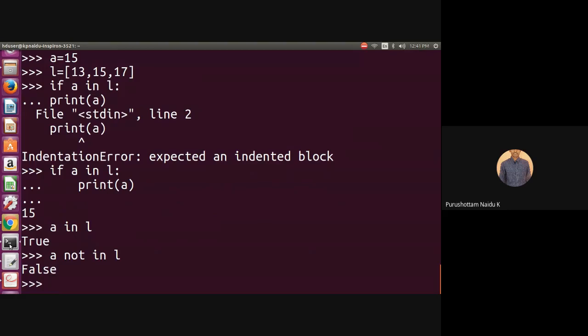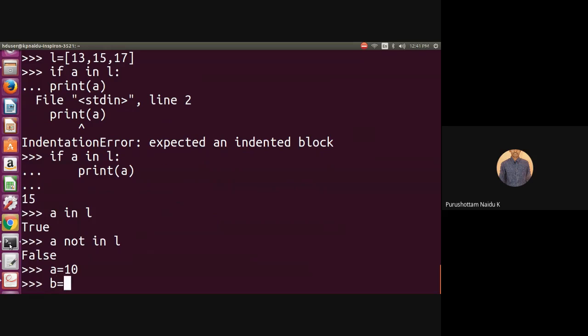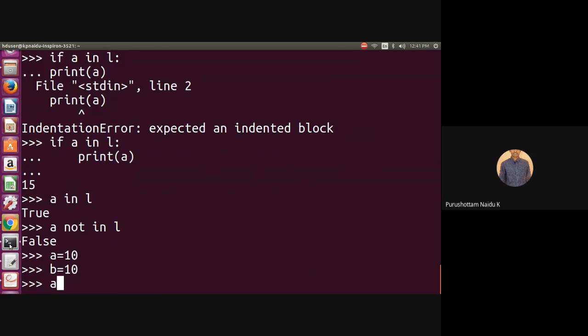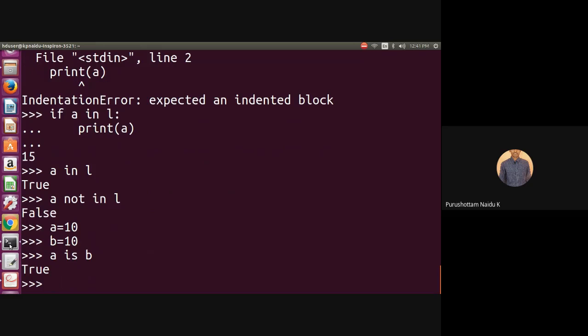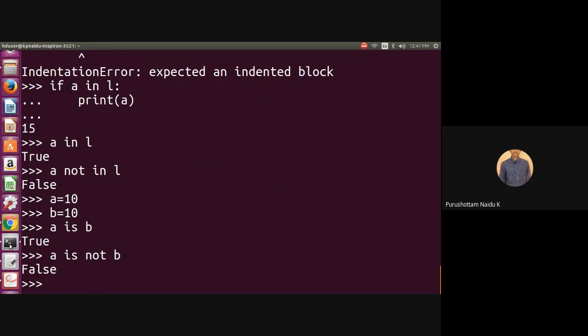For example, a equals some 10, b equals some 10. Both are the same, that's why a is b is true. Clear? So a is not b is false.